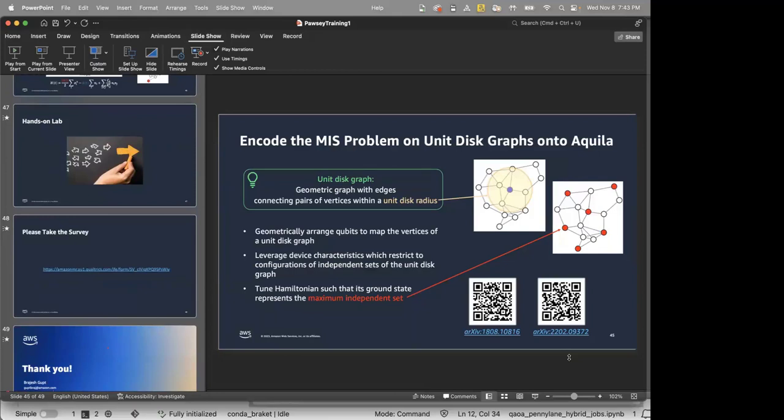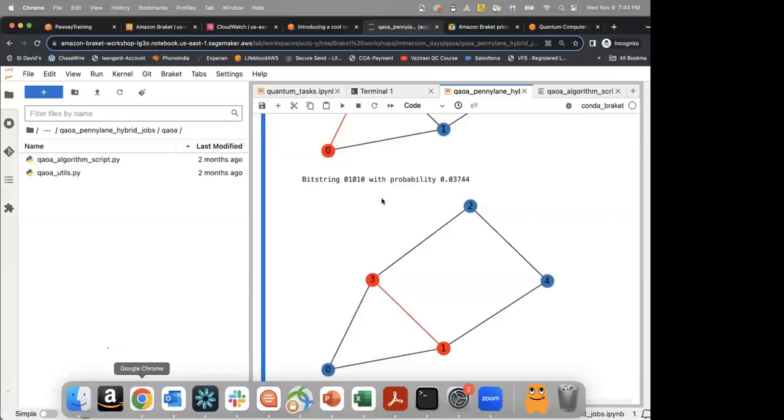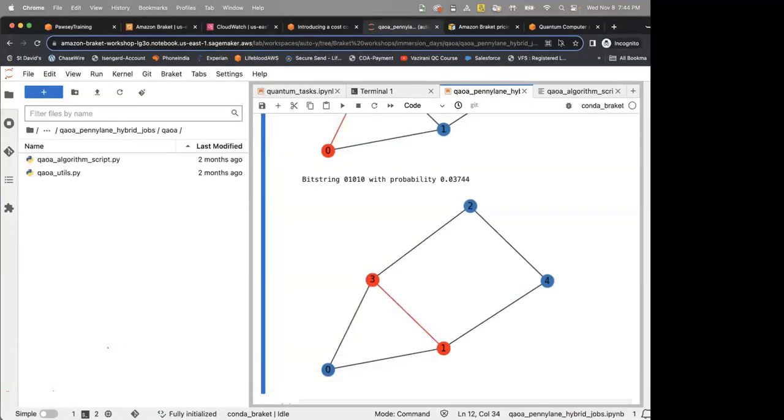So I've got a question about Aquila and also Aquila devices. It's not a full gate-based system. It's quite particular. And in Amazon Braket, if you posed an ill-posed problem to the device, does it tell you this is an ill-posed problem for that device? Or no? Actually, that's a very good question. Let's go and test that right away.